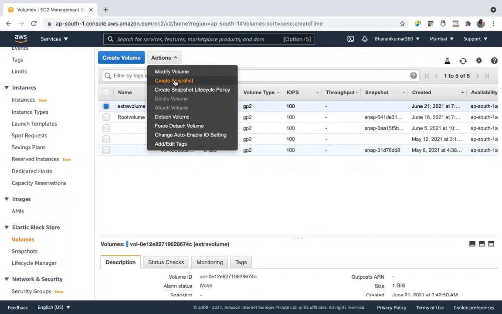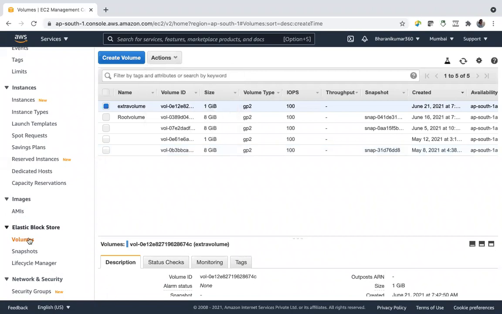You can move that snapshot from one region to another region. Snapshot is also an EBS volume. You can call it a movable EBS volume. Your volume, you cannot move it, you cannot switch between the regions, whereas a snapshot is a copy of your EBS volume, which is a movable one. Let us create one snapshot.